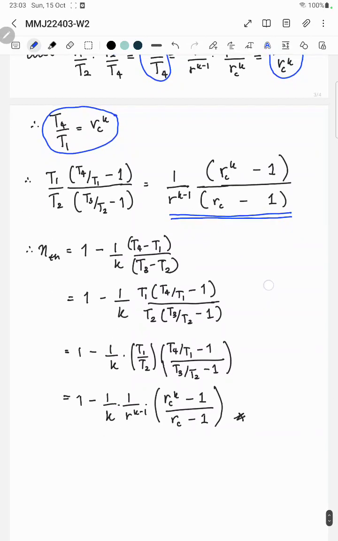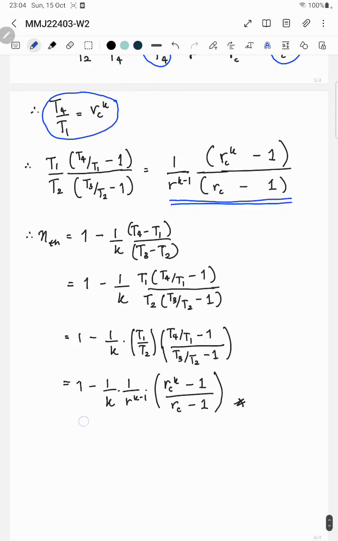And substituting everything back into the original efficiency definition, you'll get the final equation of 1 minus 1 over k multiplied by 1 over r to the power k minus 1, multiplied by rc to the power k minus 1 over rc minus 1,